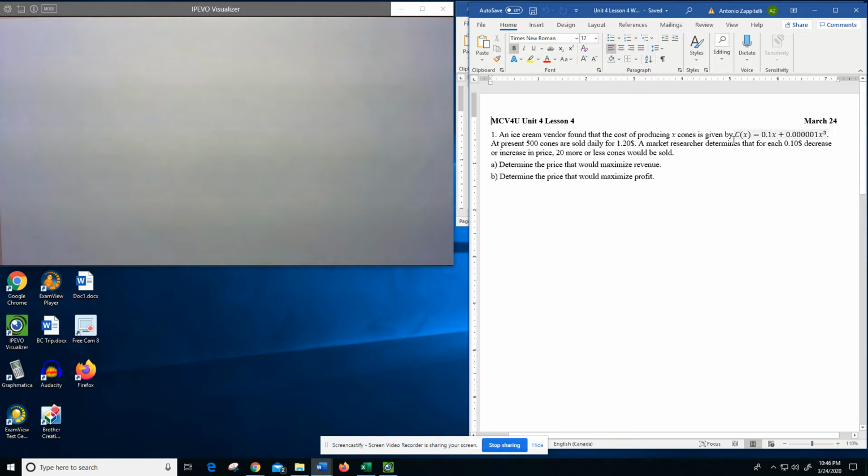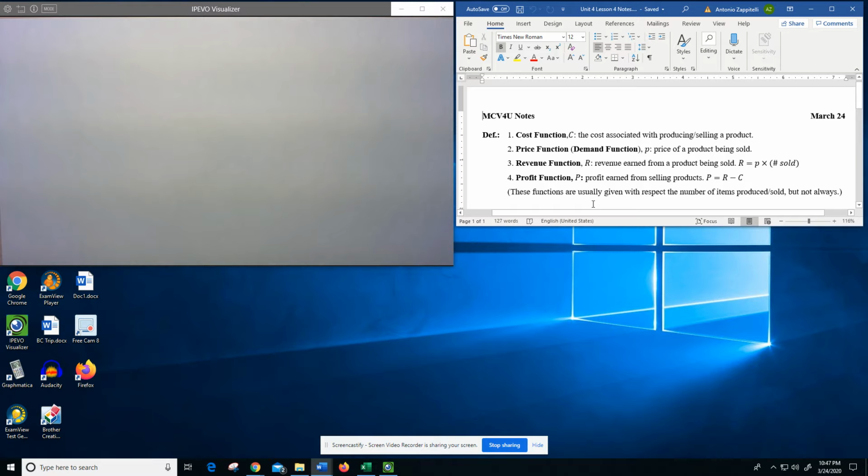All right, so why do I want to work with the number of items that we're working with? Because as we see here, that is the typical input variable that we use for all of these functions. All right, so let's take a look at these functions, and most of them have very obvious